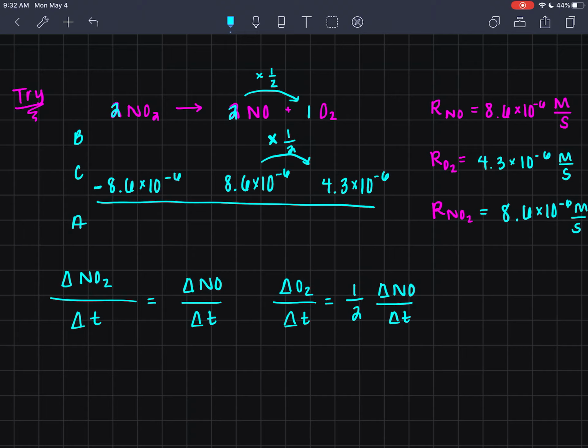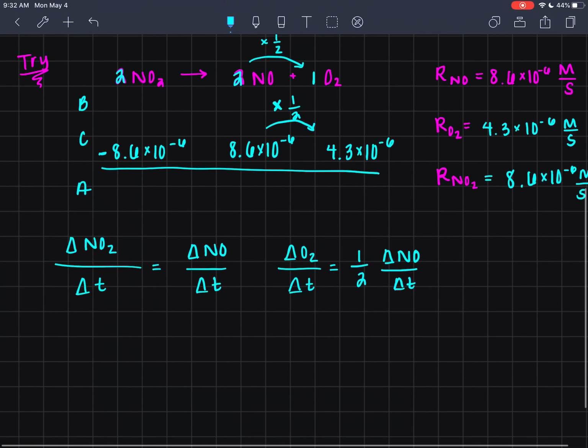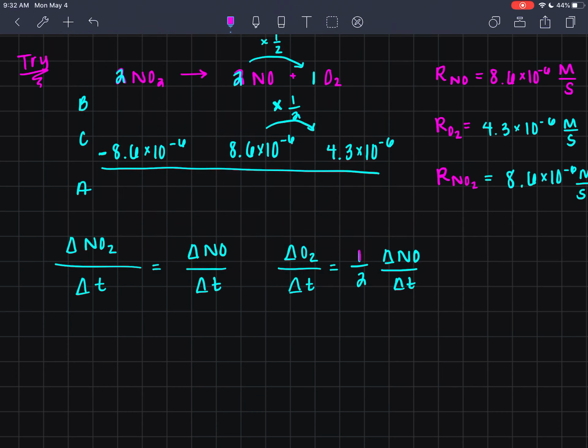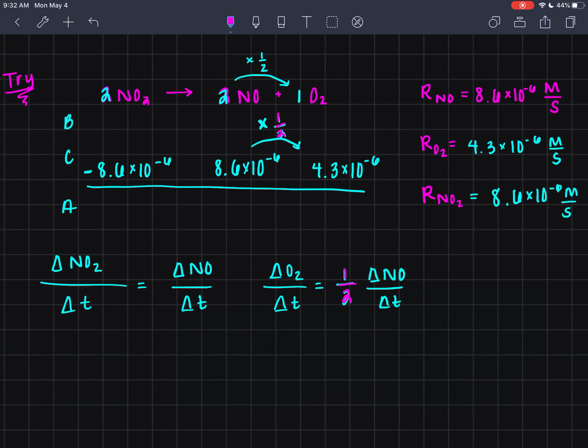Now, working with the fraction is a little bit less intuitive than what we saw up above. So if you found that you had a hard time deducing that you had to multiply your nitrogen monoxide rate by 1/2 to get oxygen, but it was less confusing to do that in the BCA table, that might be a sign that the BCA table is a better tool for you. So hopefully this was clear, and let me know if you